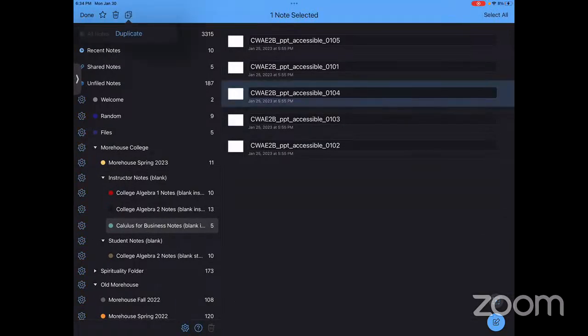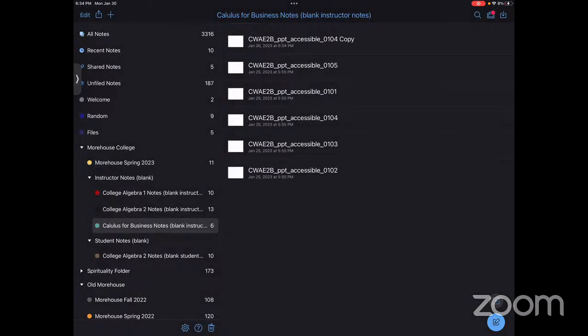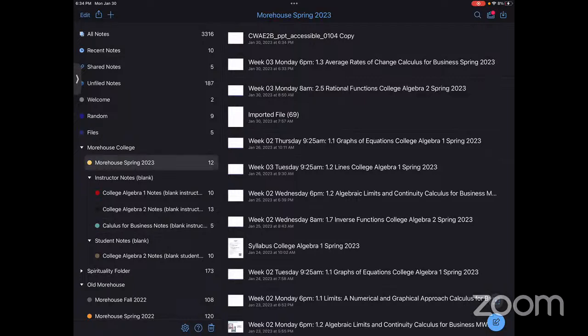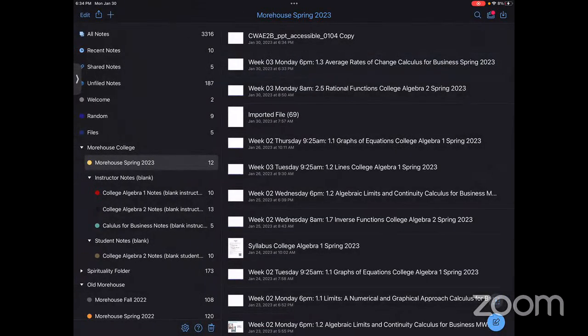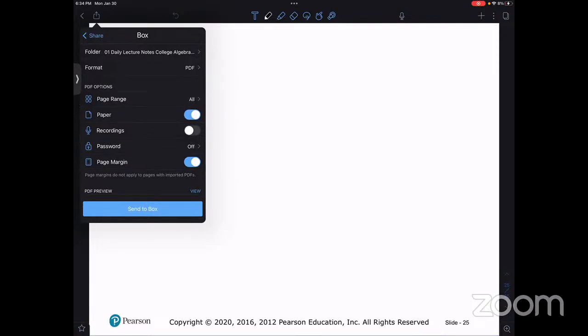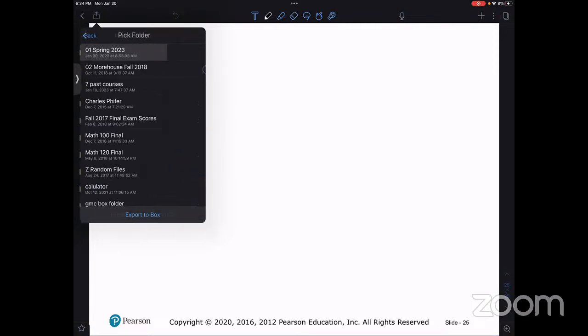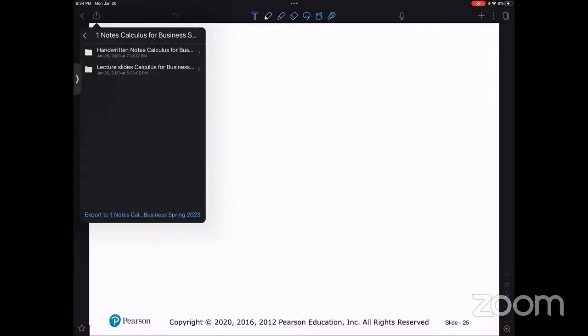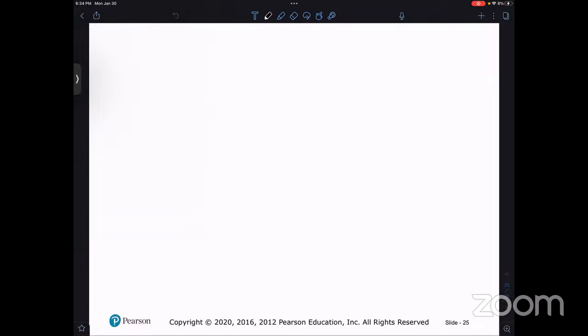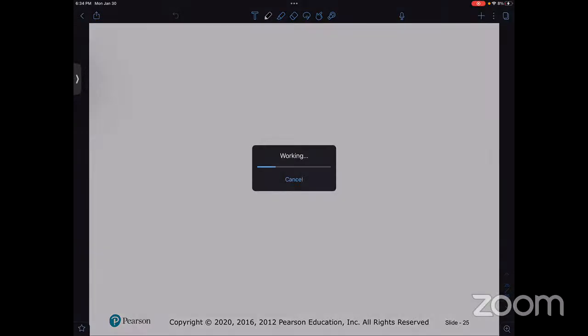Let's move this one here. And I just have to remember to share those notes. Matter of fact, let me go ahead and share these notes with you guys. Let me send it to Box. The right folder, come on. 2023, calculus, notes. I should change that name. This is fine. Send to Box. Okay. So what you saw me writing before, I'm making a copy available, and we're going to go ahead and take some time on the next section.